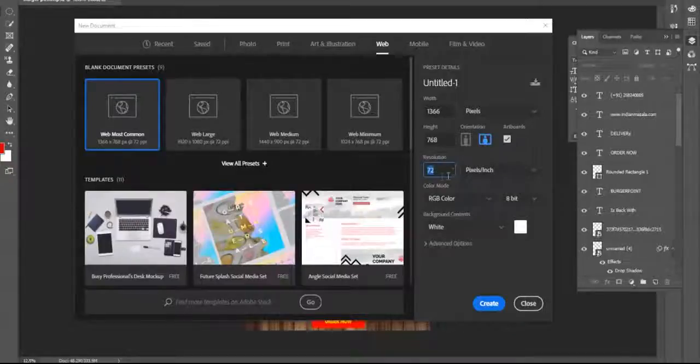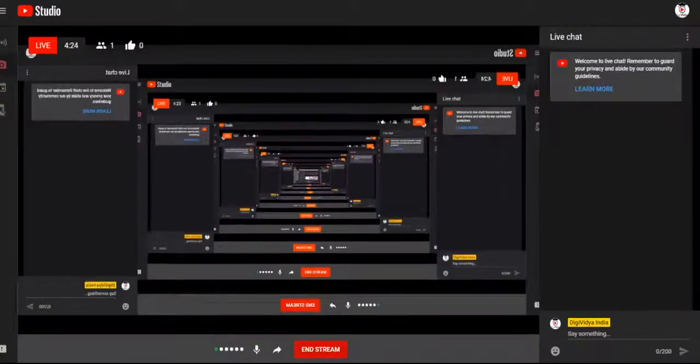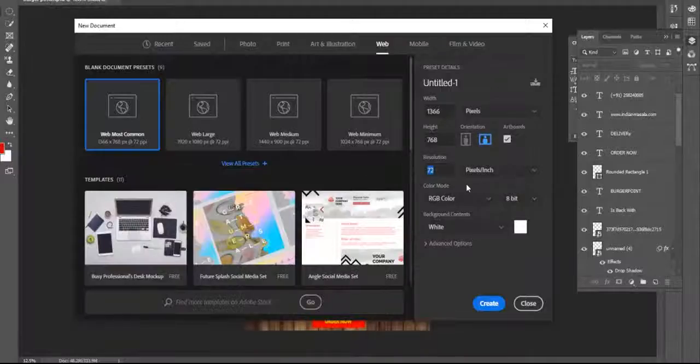And last class I told you what resolution is. If you define resolution, we defined it as the output quality of an image, right? The output quality of an image is called resolution.